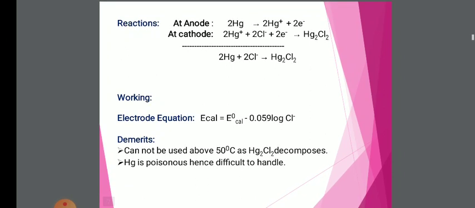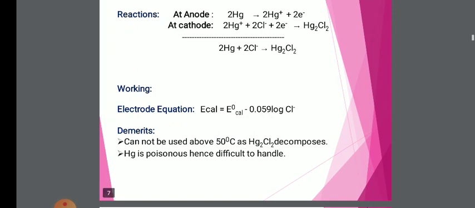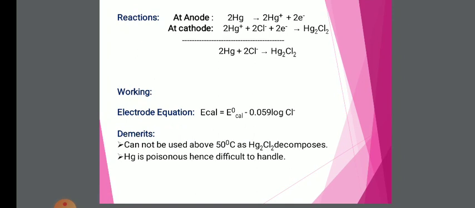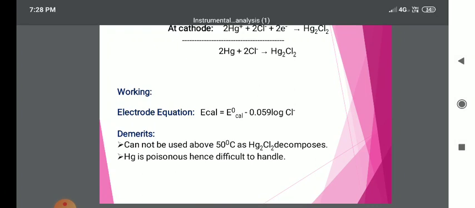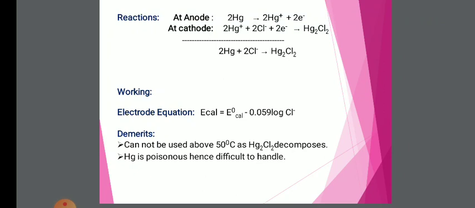Now, how can we calculate the electrode potential for the calomel electrode? By using the equation E cal equals E0 cal minus 0.0591 log of the concentration of Cl minus ions. Here E cal is the potential of the calomel electrode, and E0 cal is the standard potential for the calomel electrode. 0.0591 is a constant value from the Nernst equation, and